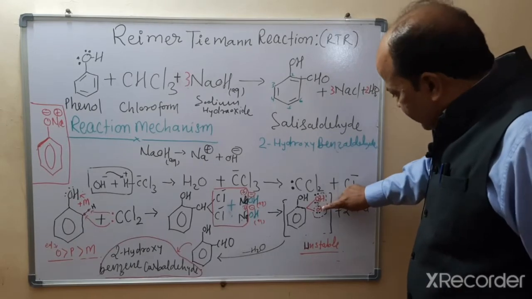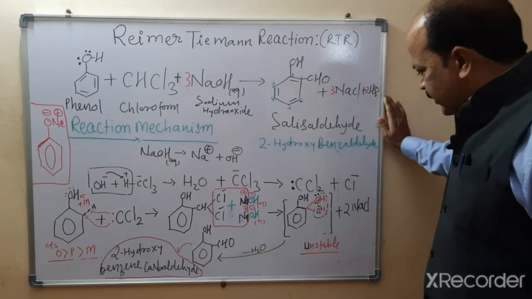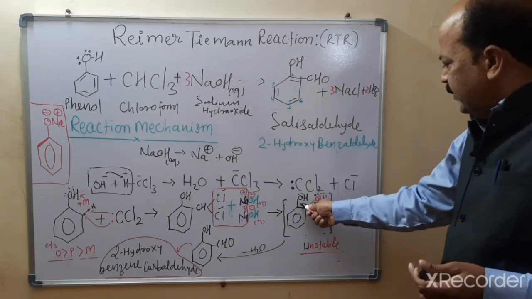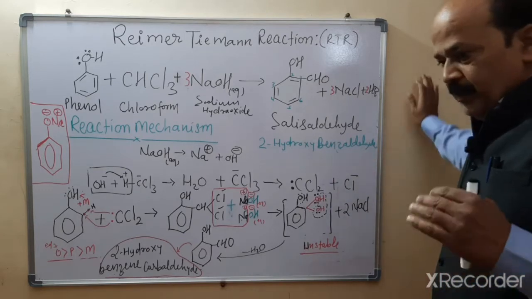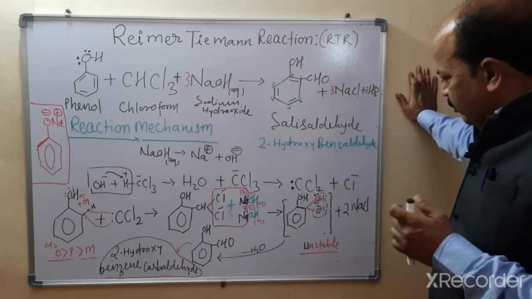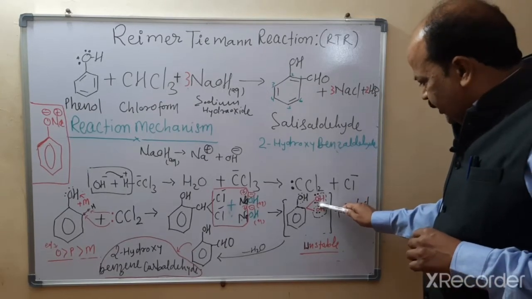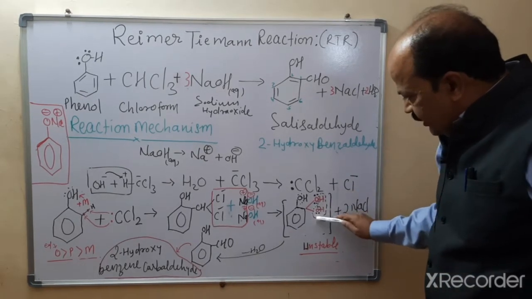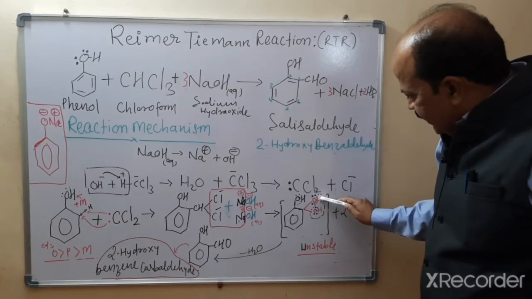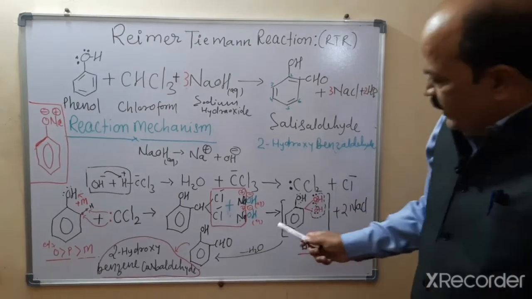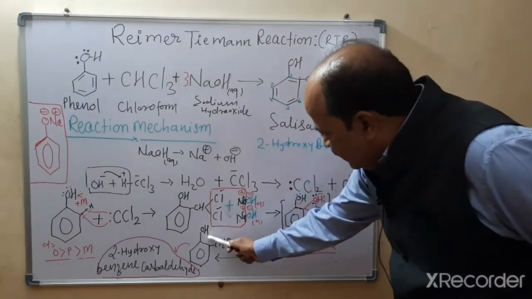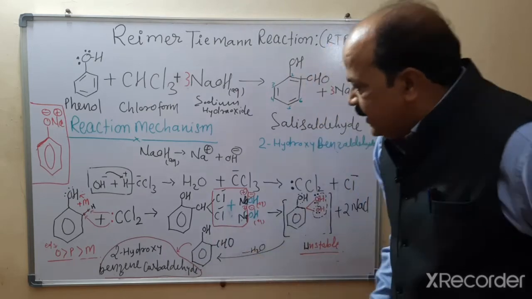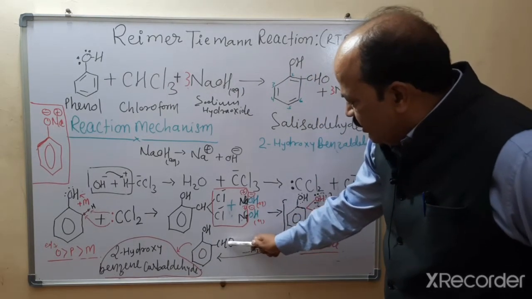And here each oxygen of the hydroxyl has 2 lone pairs of electrons. Lone pairs of electrons occupy more space, that is why force of repulsion takes place here, and the compound becomes unstable. For stability, it releases water molecules. So OH from here and H from here, and vice versa, release water molecules, and after that this product forms. This is also known as 2-hydroxybenzene carbaldehyde, because